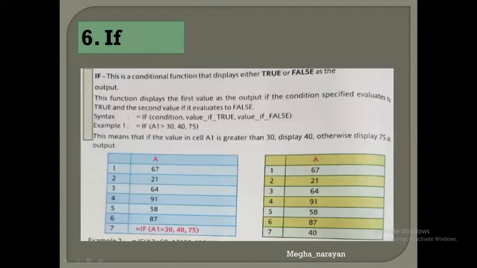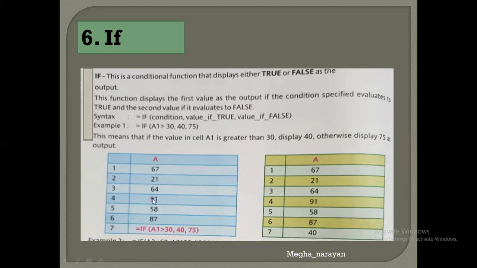Now let's move to one advanced function, and this is the last function given in your syllabus, named the IF function. This is a conditional function. It will provide you a value in a true or false manner as output. Didn't understand? Let's learn it. Before that, read the syntax. IF is the name of the function. In that, there are three things. First of all, write the condition. Then write the value if true and then the value if false.